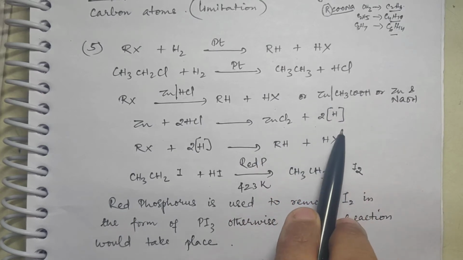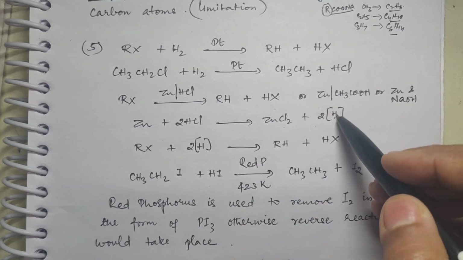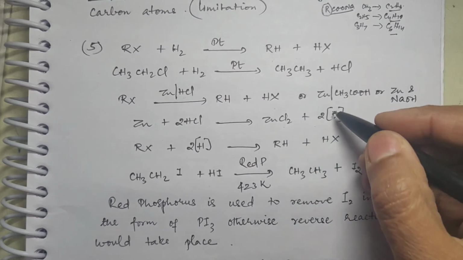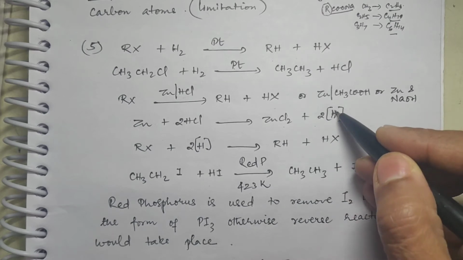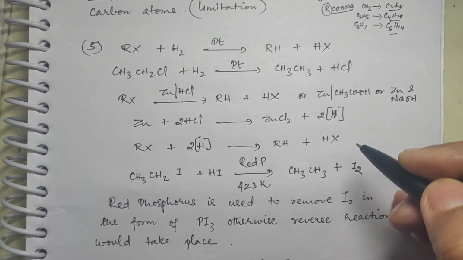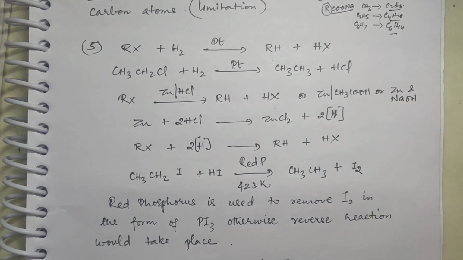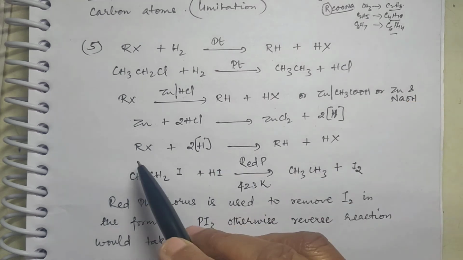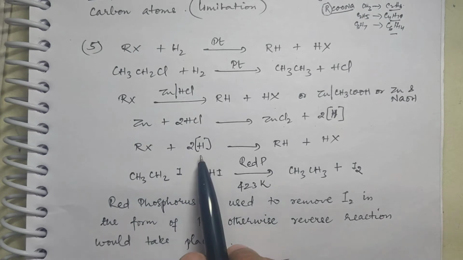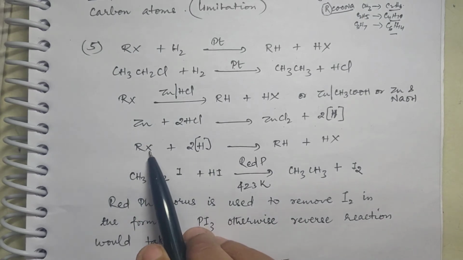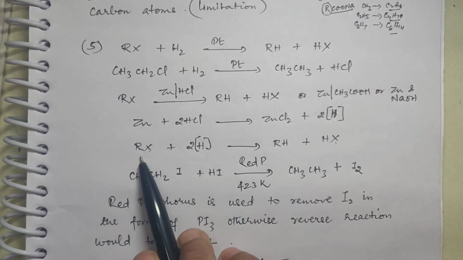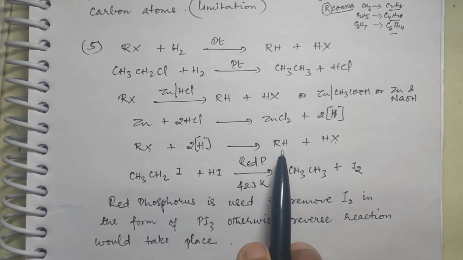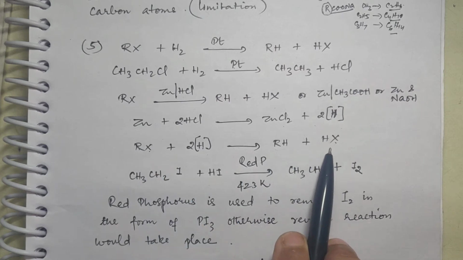What is nascent hydrogen? Hydrogen in the nascent form means atomic hydrogen. I have not put H2. Instead I have put H twice. Okay, this is atomic hydrogen. Atomic hydrogen is what is called nascent hydrogen. Now this nascent hydrogen will react with RX and one hydrogen will go with R and another hydrogen will get released as HX, that is hydrogen halide. Exactly, yes. Supposing it was RCl, you will get RH plus HCl.